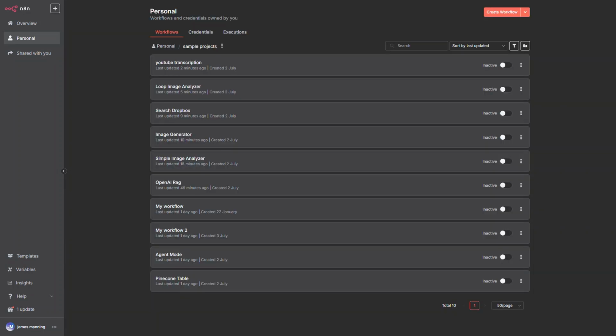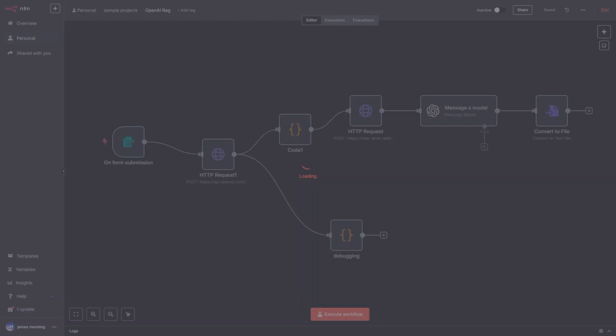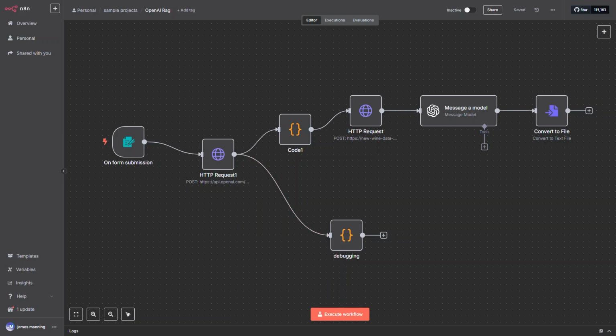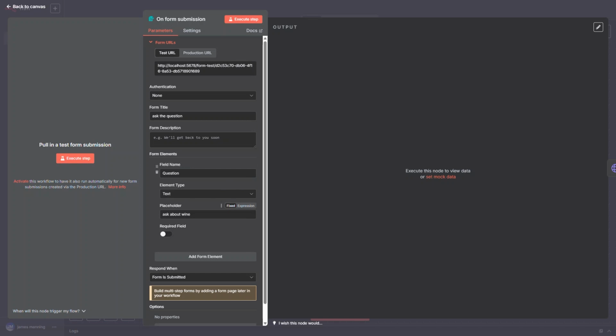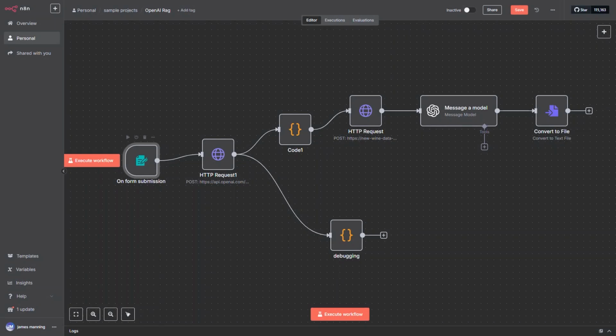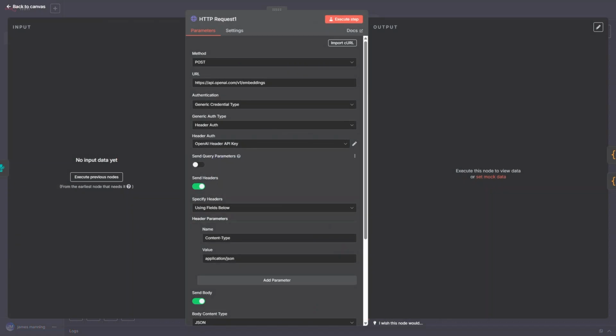And then the final one was really looking at the OpenAI RAG. So I have the embedding. How do I use the embeddings to talk with ChatGPT? And I really wish they had the connection to the vector store in OpenAI, but they don't. So I have to use Pinecone. But what we did here is that we're going to ask a question about wine, and then we will do